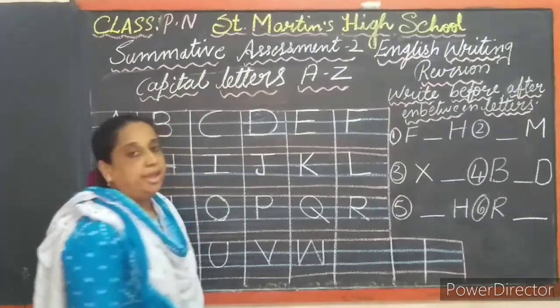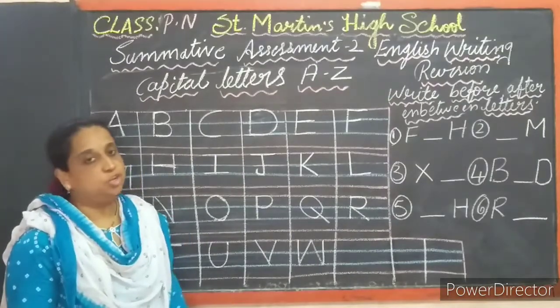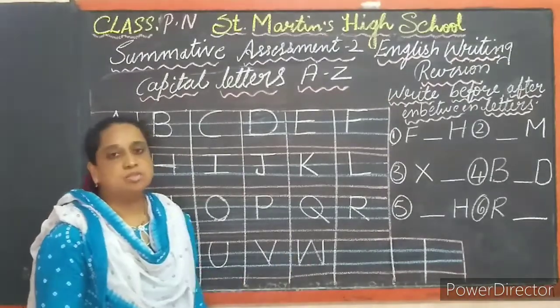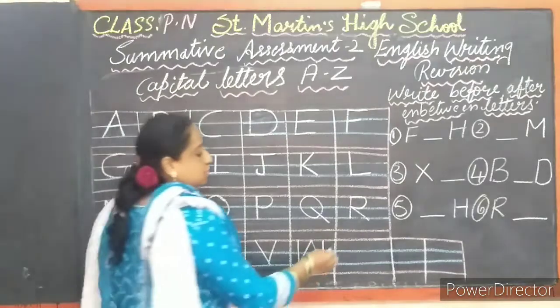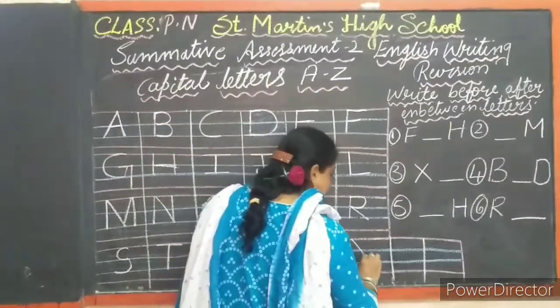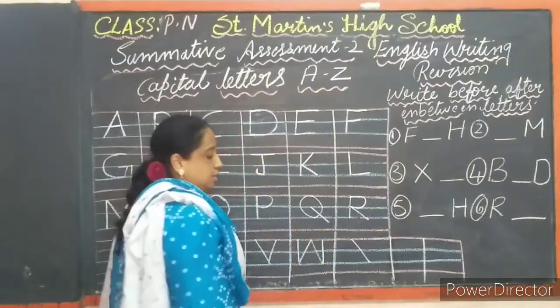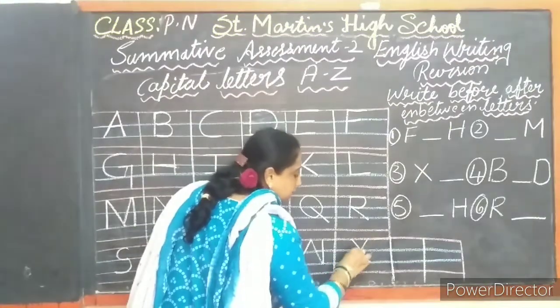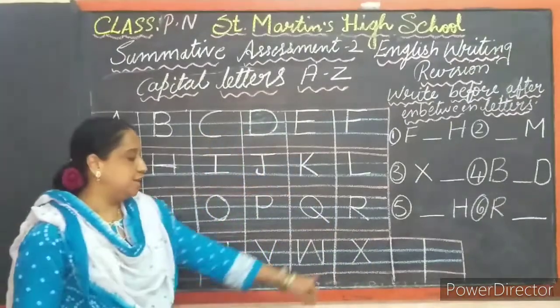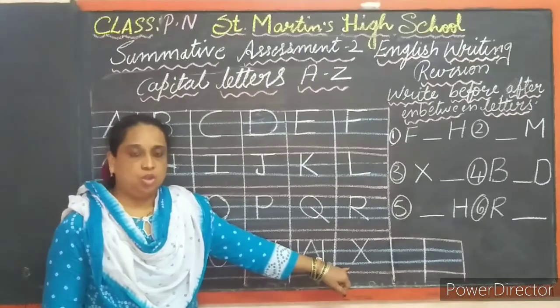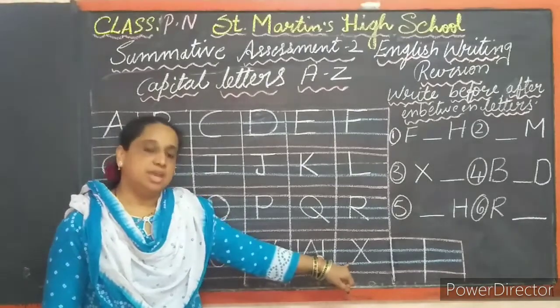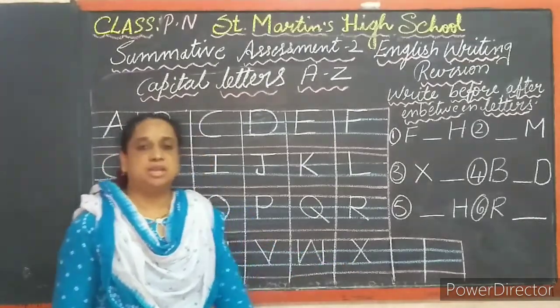For X, you have already learnt in the pattern cross line. Cross line is also nothing but X. For X, it is the same: draw one left slanting line from the top red line to the second blue line. Again one right slanting line in between that makes letter X. I hope you all have written X. Yes. Now after X, what letter will come, children?